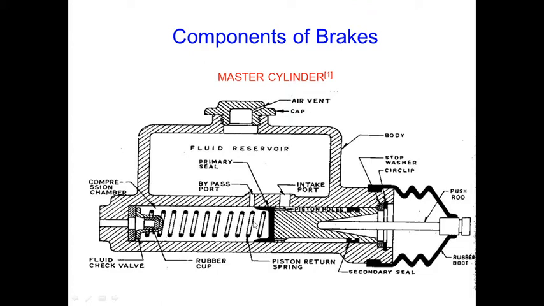Some delay is also caused by the inertia of the fluid in the lines. While it moves further, the return pressure is less, so due to inertia it takes some time to come back. This produces a vacuum in the compression chamber, and unless this vacuum is destroyed immediately, there are chances of air leaking into the system. Even a very small amount of air may choke or clog the system. The fluid becomes compressible in case of entrapment of air inside the brake lines.